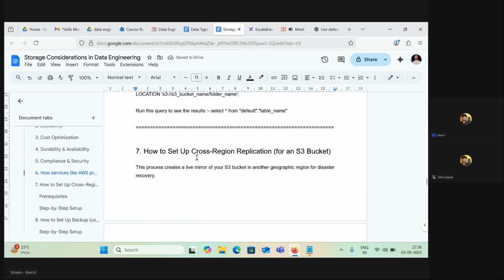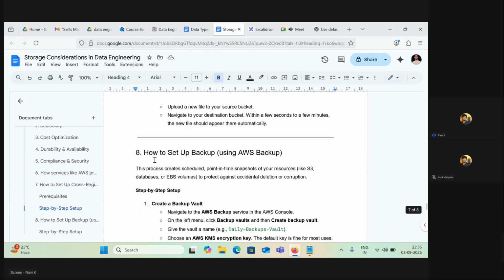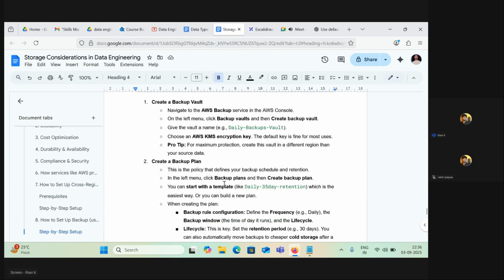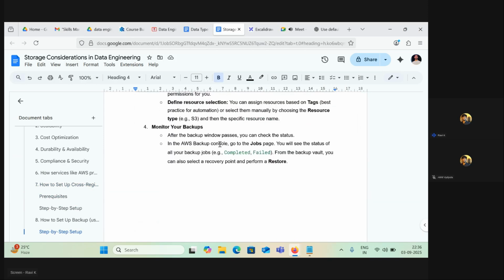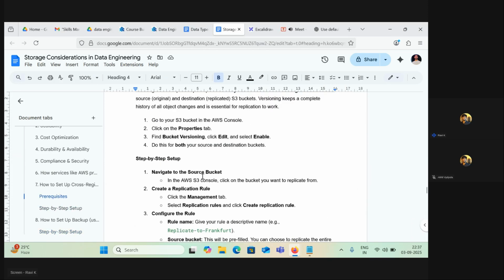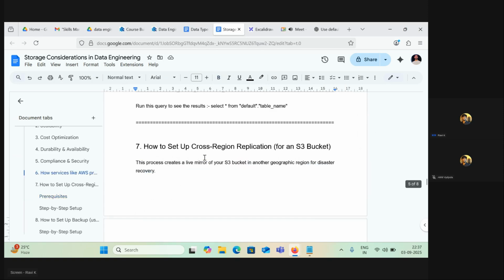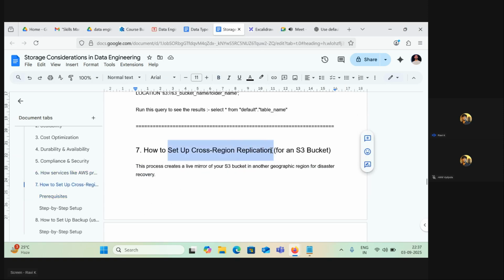Now tomorrow's class, the prerequisite is this seventh step and the eighth step. I just gave all the steps that you need to perform one by one. Just go through this and try to implement these things. Similarly, you need to replicate source and destination. The thing is, set up cross region replication. If you open an AWS account, on the top, I made Karthik set that region to AP Mumbai, ap-south-1. That was the ID for Mumbai region.